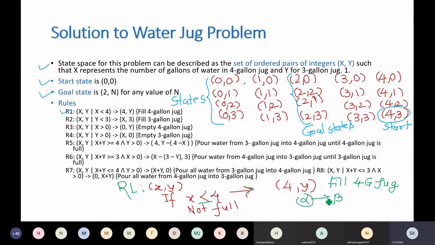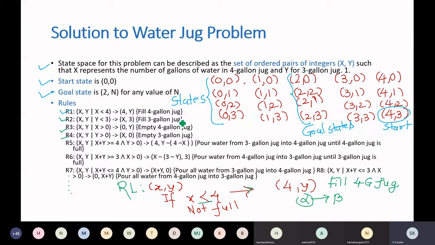The same concept has been derived here. We are going to define the rules in the same form. On the left hand side we have preconditions and on the right hand side we will get the result. If I apply this, I will get this as an output. So such a set of rules, for example, here we have defined rules R1, R2, R3, R4 up to R7 and so on. Around 13 rules are given in your book. These rules are defined from the problem definition.